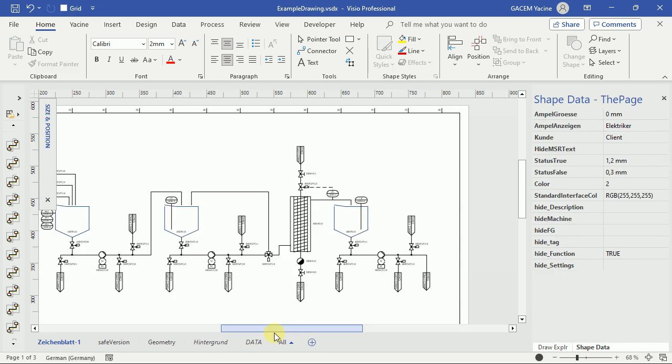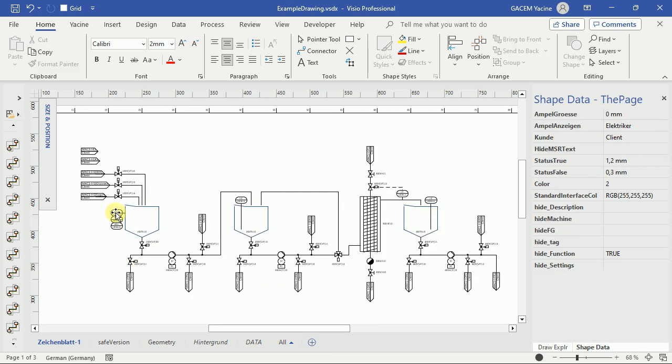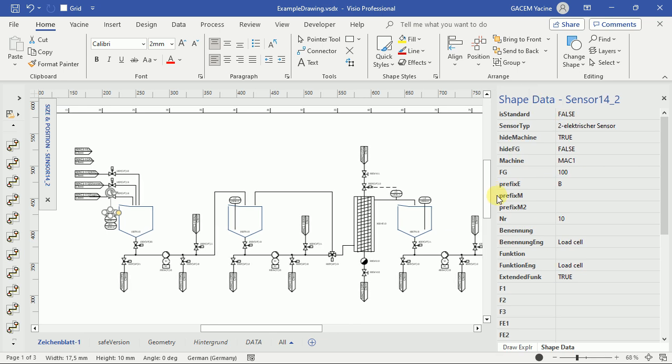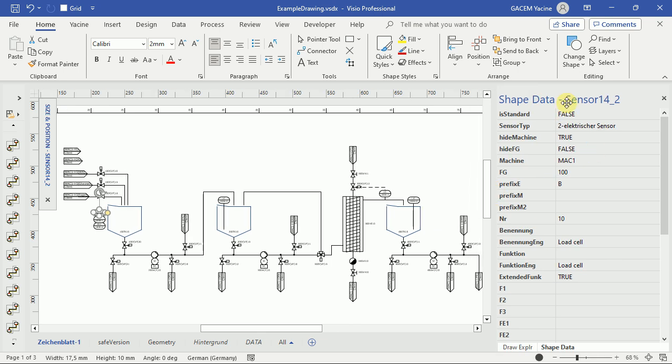And this drawing is small, and if you want to edit this data, you select your shape, and then in the shape data window you begin to write your data here. So that's a load cell. In German it's a Wegezelle, and then you repeat that for the next one,